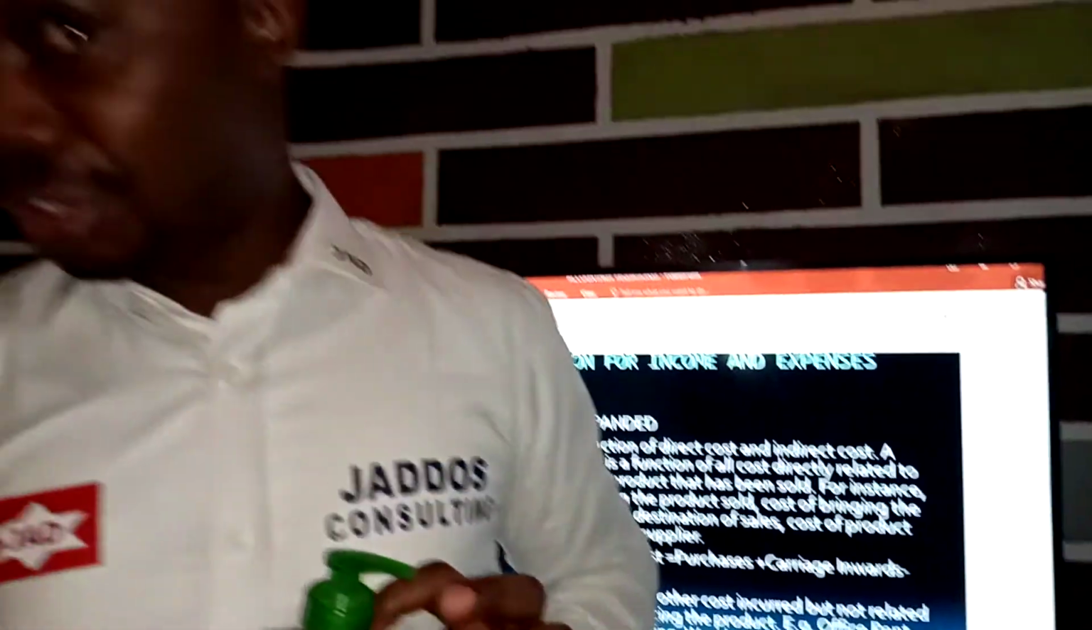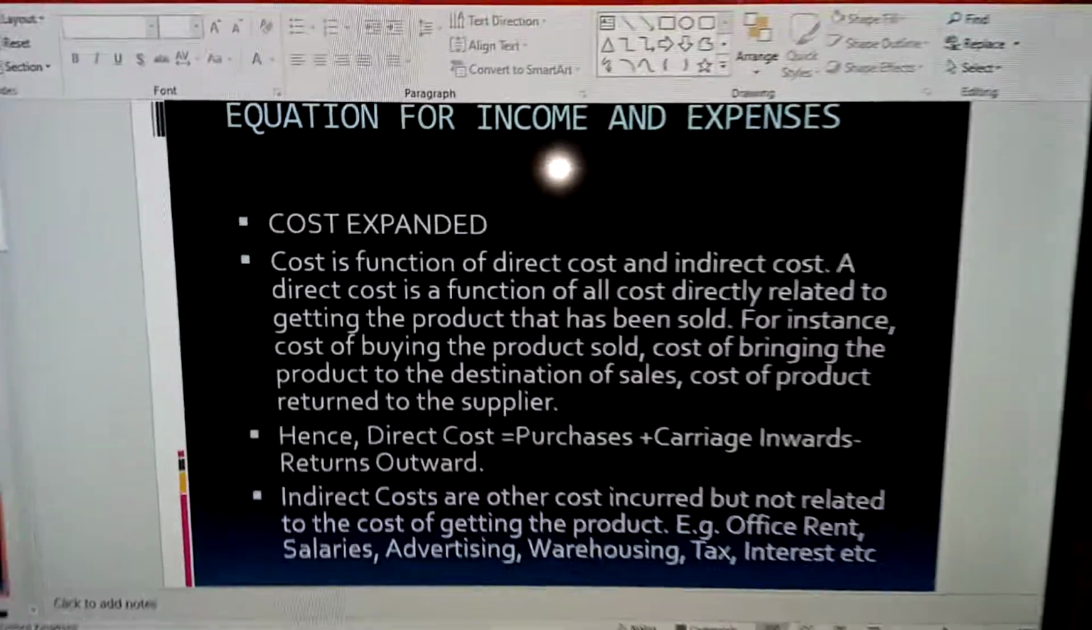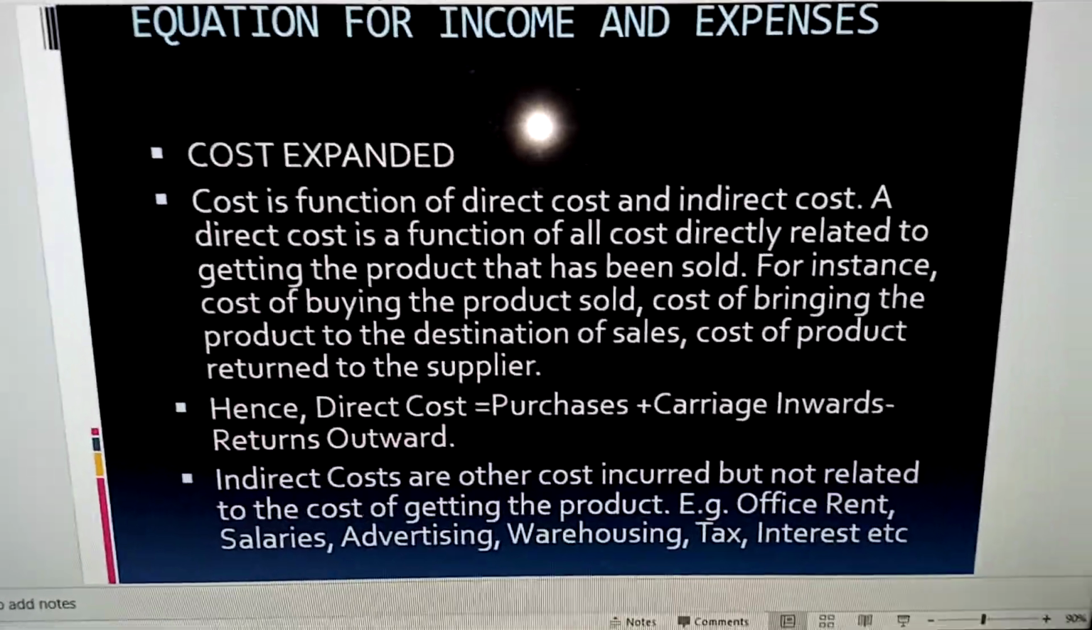Now, after bringing the item to this place, it is also possible that we return some back to where we bought them due to maybe wrong specification or damages. So that's what we call returns outwards. So it means that our cost can be expanded into what? Direct costs and indirect costs. The direct costs are the costs that are directly related to